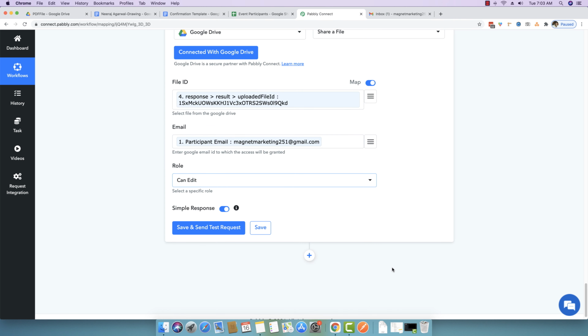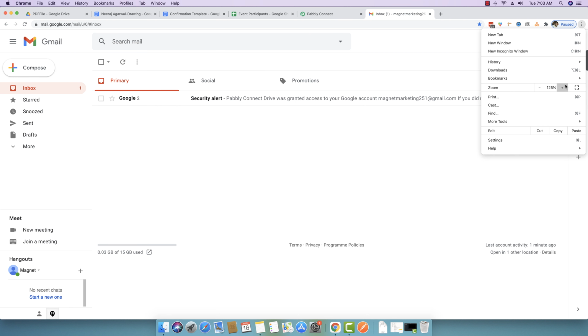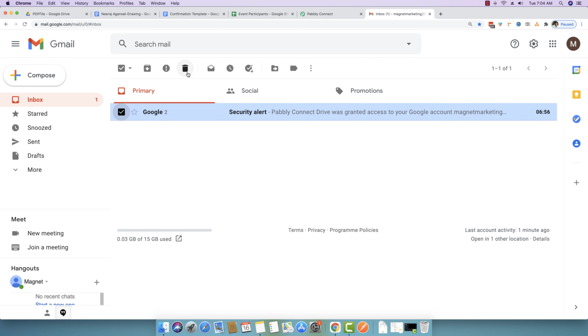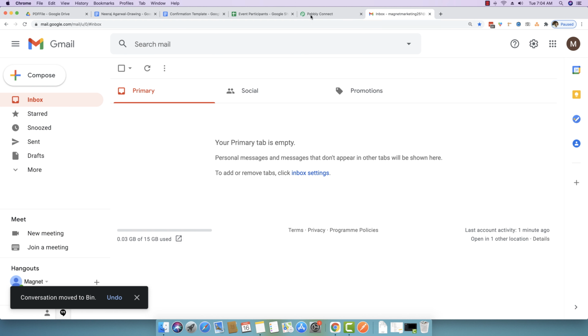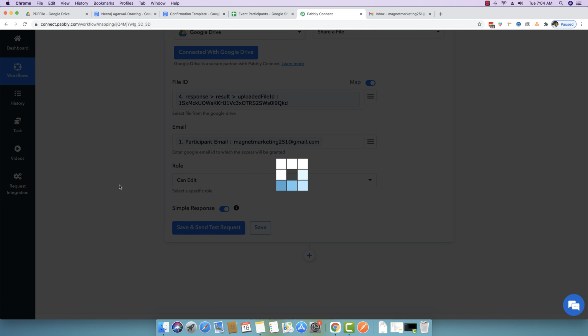Okay. And because everything looks good to me, I will even open my Gmail account right here just to show if the file will be granted or not. You will actually find some security alert because we have essentially given the permission. Let me just delete this email. So the primary tab is empty. What we just want to do is we want to share this file. I will click on save and send a test request.